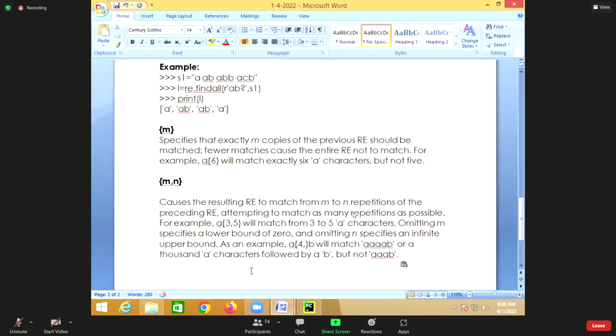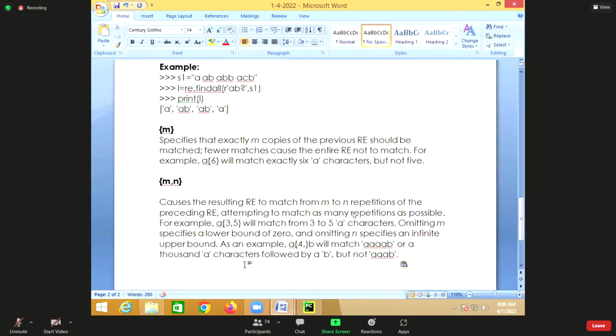For example, in a username, 4 alphabets and 2 digits should be there. Suppose a password: the first 4 should be alphabets, the second 2 should be digits, and the remaining 2 special characters. Then the first 4 means how many repetitions? 4 repetitions. I cannot use plus, I cannot use star, I cannot use question mark. I can use M to N.